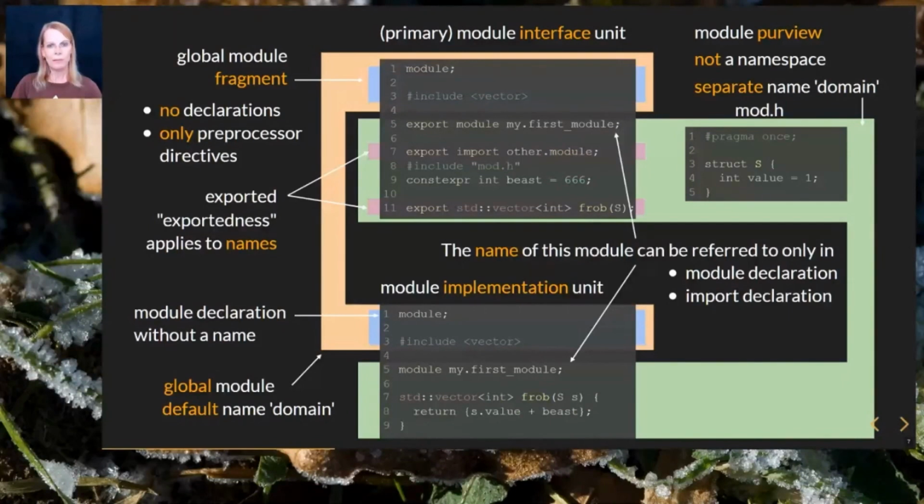Modules may also import other modules, either as a non-exported implementation detail, or they may even become an integral part of the module interface by re-exporting their interface. You cannot see the provenance of the entities that a module exports. The composition of a module interface is totally hidden.